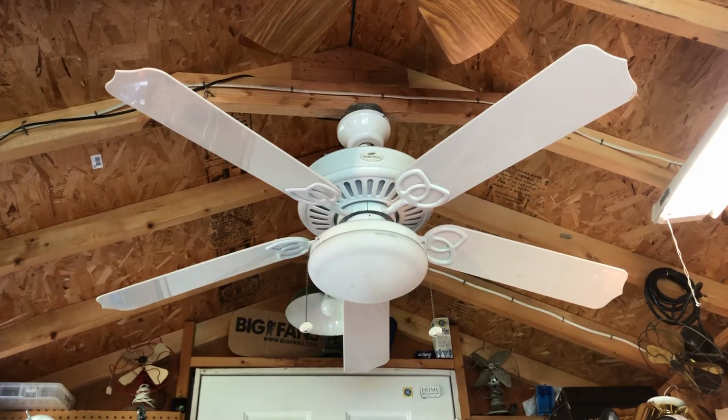Here's the second Harbor Breeze Calera that I got off of Craigslist. I'm using the other one's light globe because this one did not come with one. And this one's from March of 2004, I think, just like the other one. And yeah, so anyway,